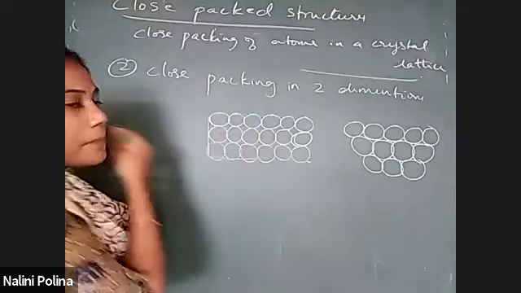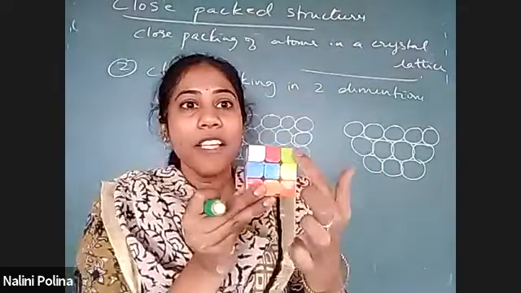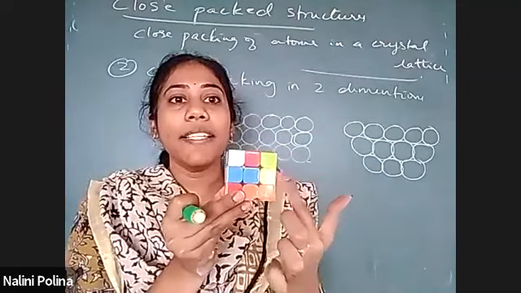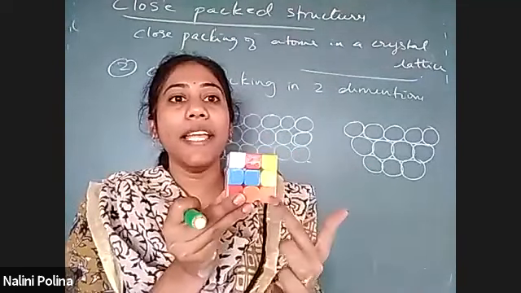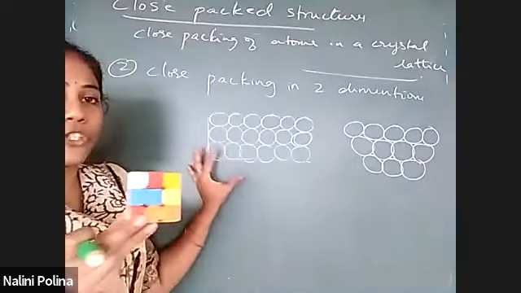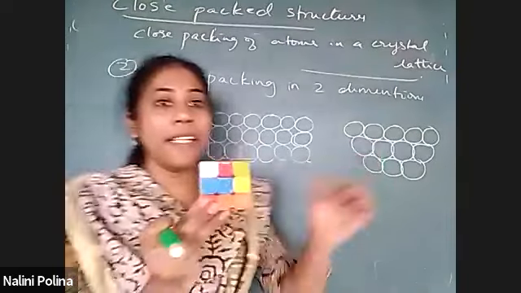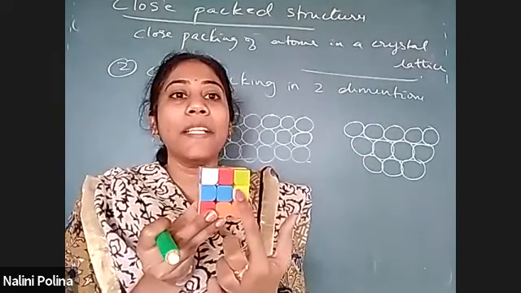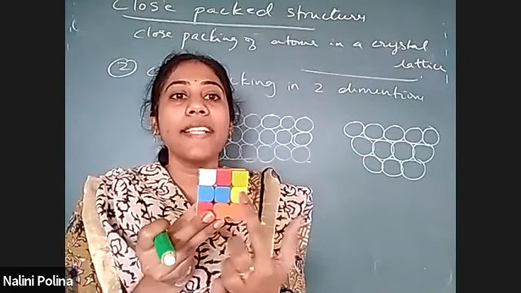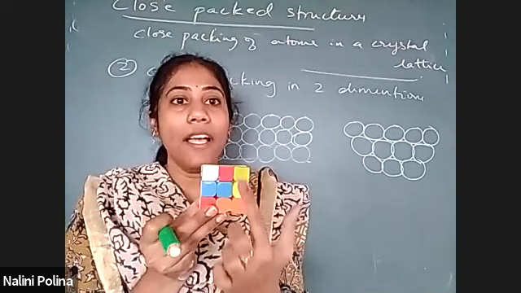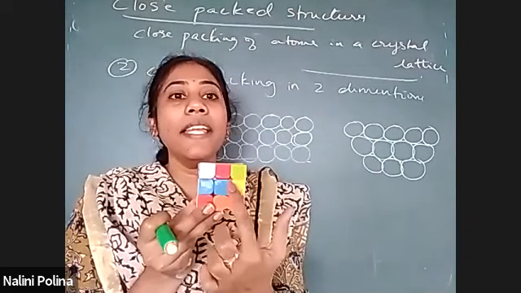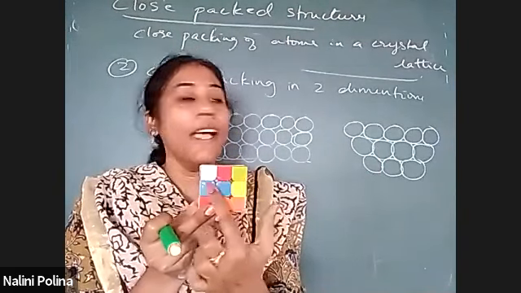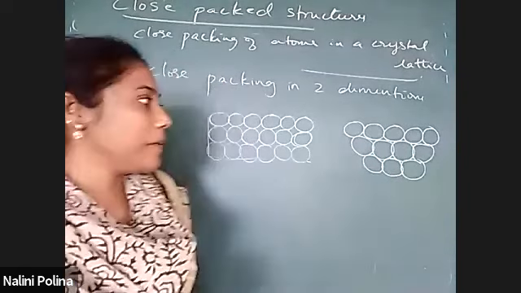This is one possible way, just like a cube. Exactly below this row, this row is coming, and below that, this row is coming. That is this arrangement. Another arrangement is, see, in the middle of these two, in the second row, the atom comes here, whereas earlier it came exactly below. If I place the atom in the middle of these two instead, then I get this arrangement, right?